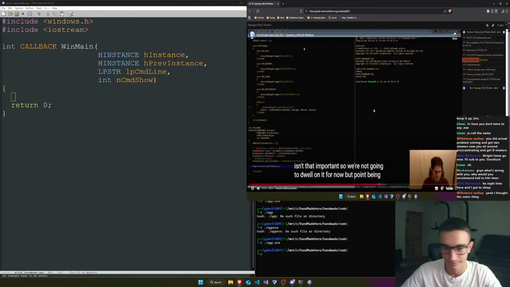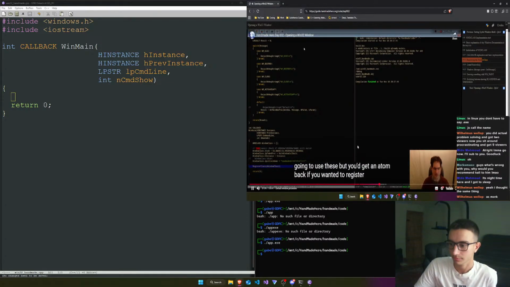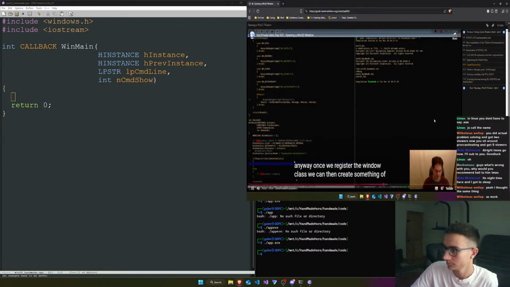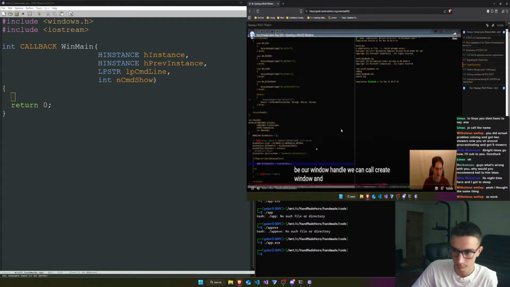Point being, we probably will not see atoms much at all. You used to use them for things like, and like I said, we're not going to use these, but you'd get an atom back if you wanted to register an atom. I feel like I've missed an entire named property that you could associate with a window, something of the window class. We can ask it to create a window for us, and this will be our window handle. We can call create window, and create window